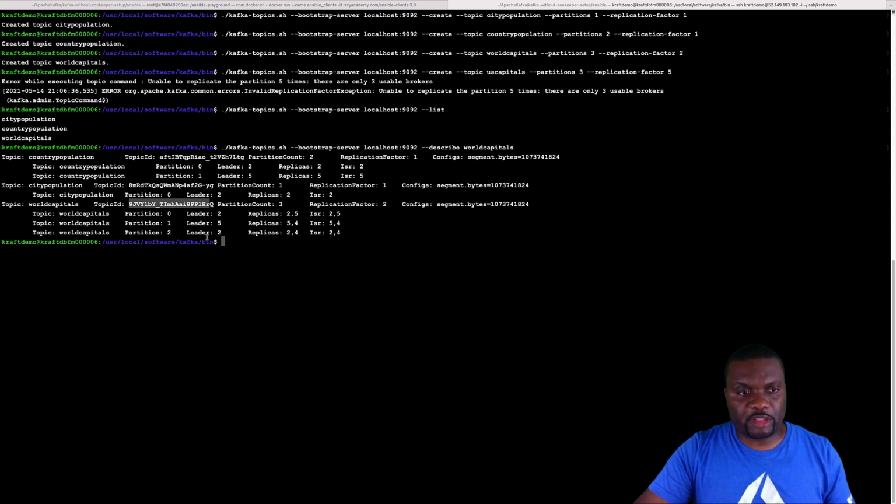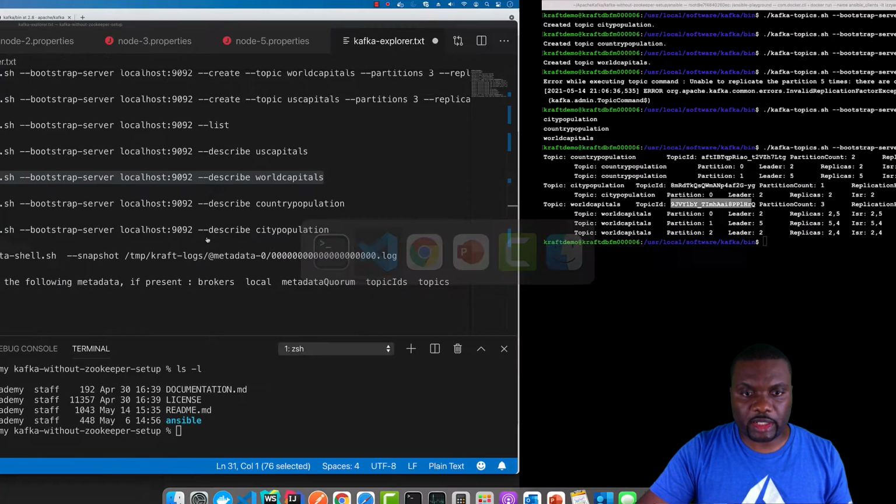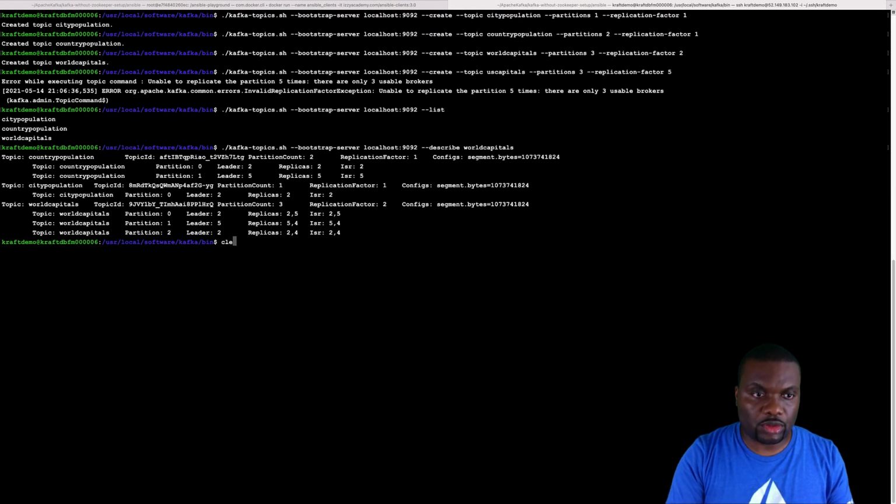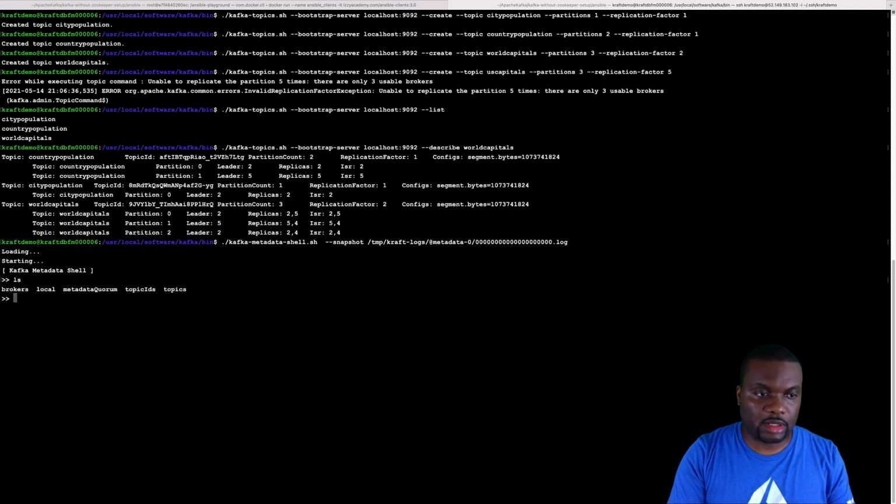So now that we have these topics created, let's go ahead and check again the metadata shell command to see what was going on. Now we're going to go back to logging into that. All right, the shell has started. Let's do an ls. In the beginning, we had only 3 directories, but now we have topic IDs and we have topics. So if we do a list of topic IDs,